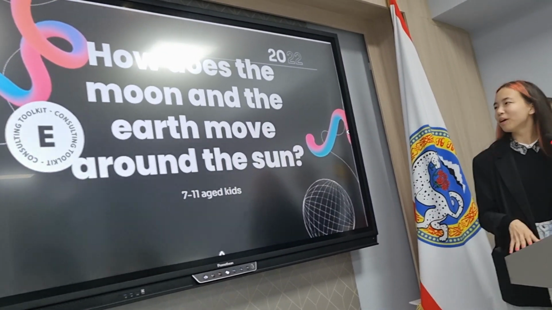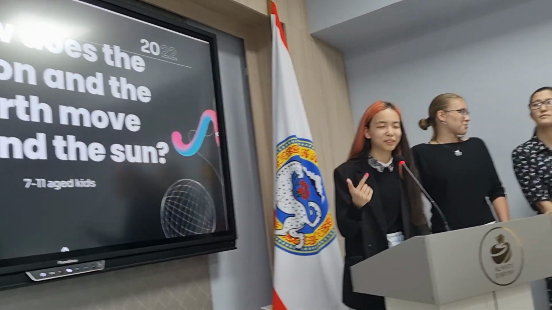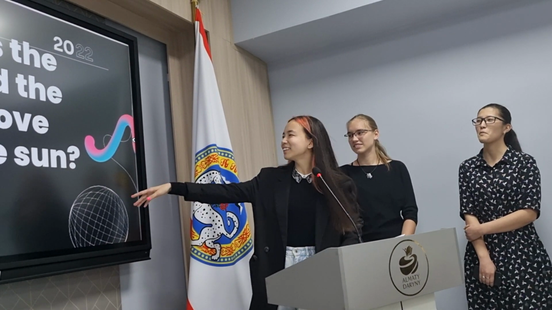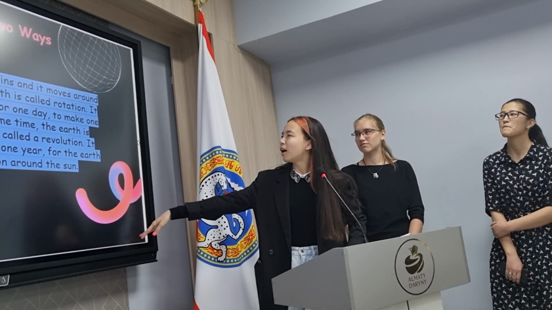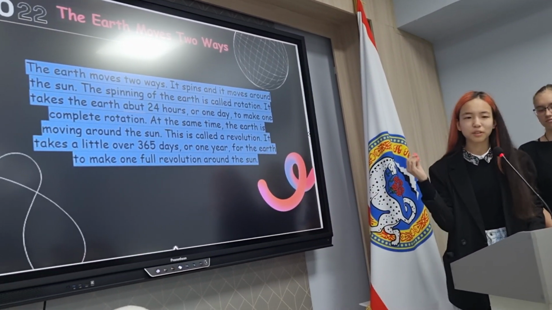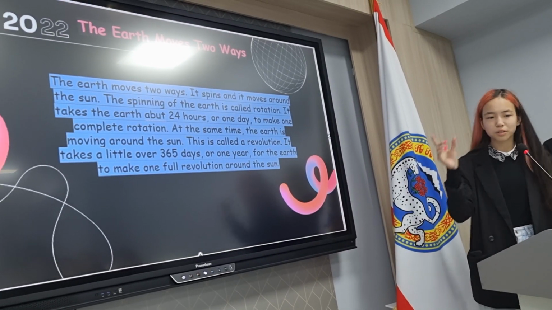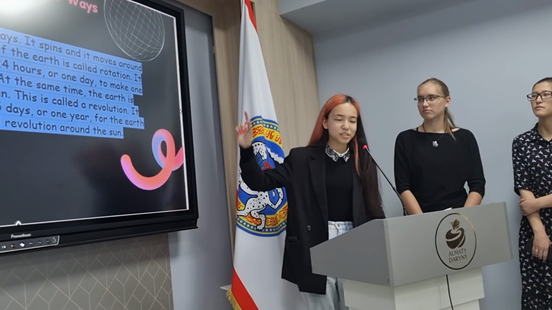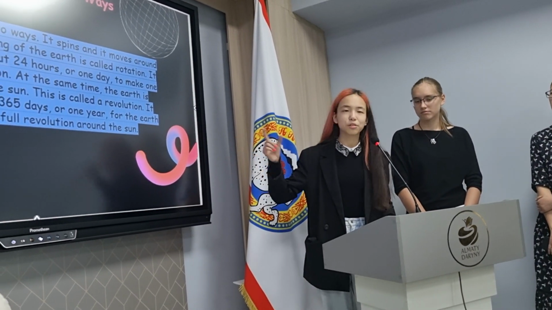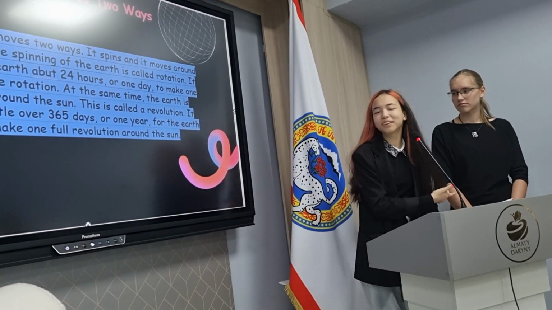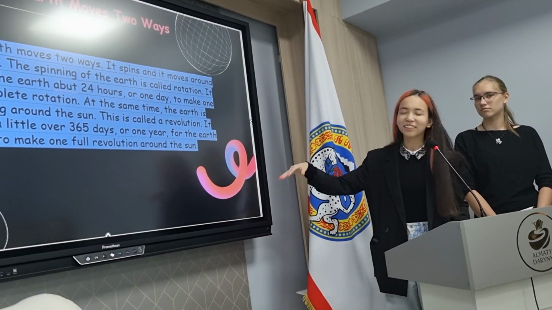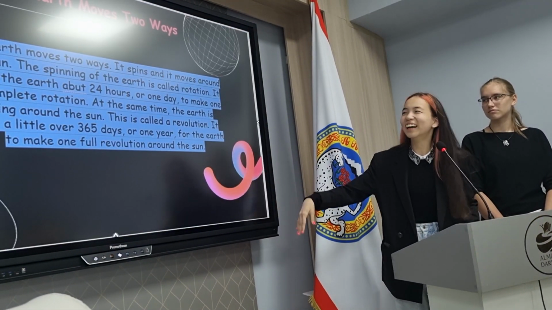Okay, so you know how people say that the Earth doesn't revolve around you? Well, actually, it kind of does if you're the sun. Can we skip to the next slide? Okay, so basically, the Earth spins in two ways. First of all, it spins around its axis. The axis is a line which passes through the North Pole and the South Pole, as was shown by the previous speaker.